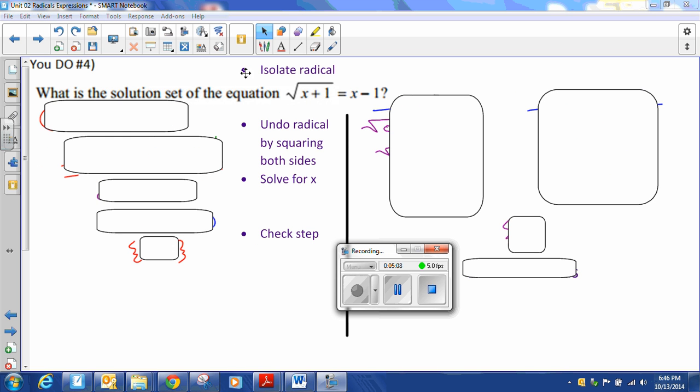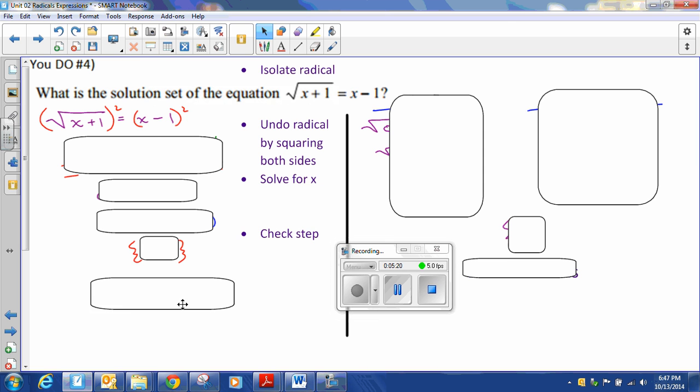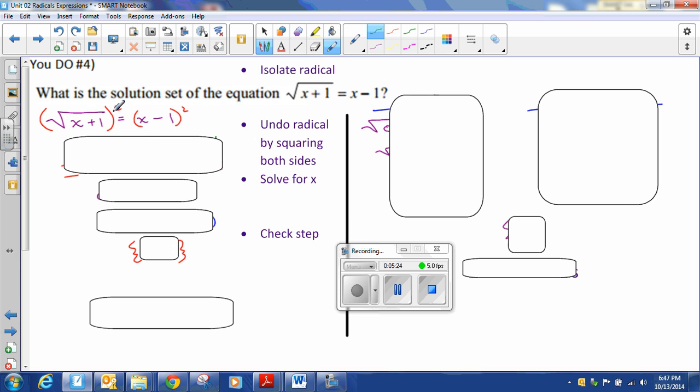Okay, we're trying to get some variety here. Let's look at number 4. We have radical x plus 1 equals x minus 1. As you can see, the radical is already isolated. Let's skip to step 2. Undo the radical by squaring both sides. So we square both sides. The square is going to cancel out the square root,